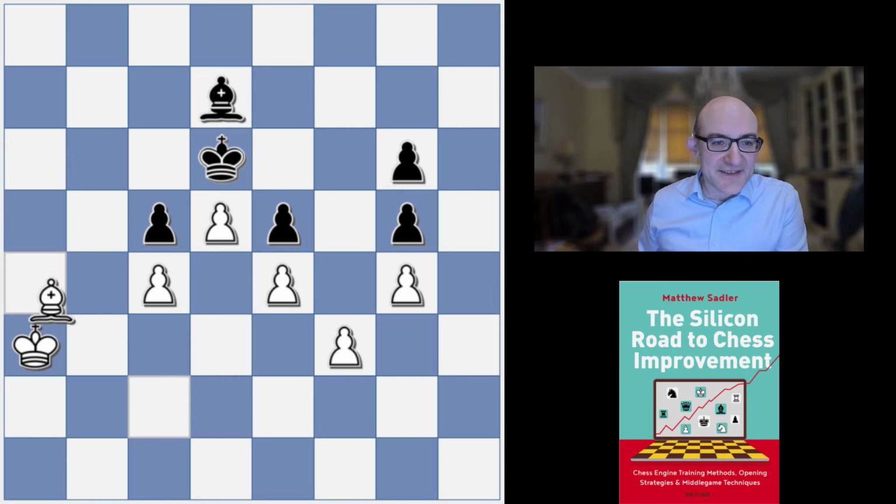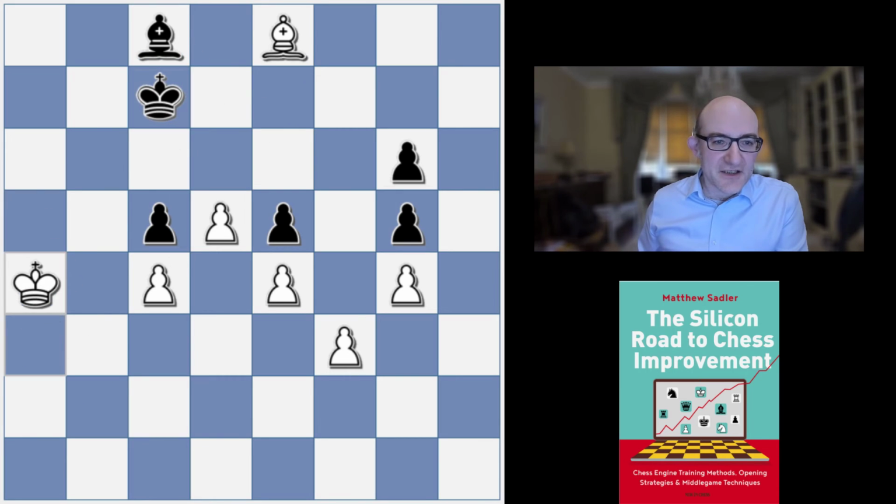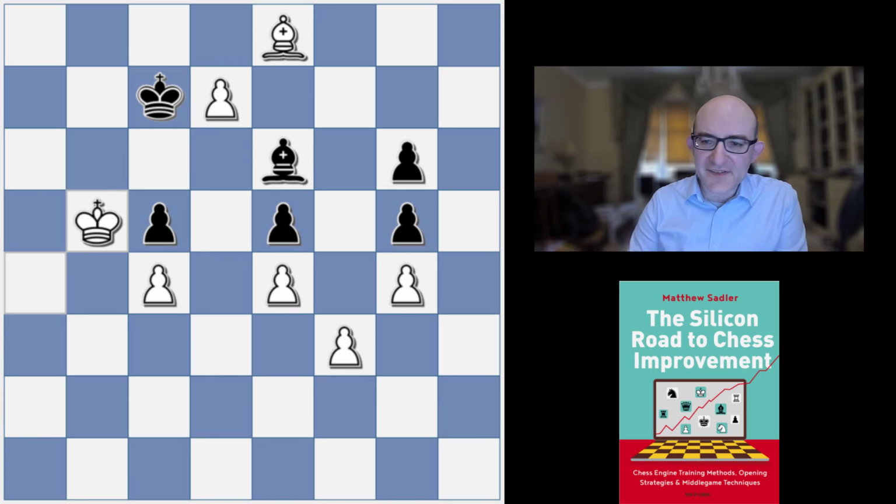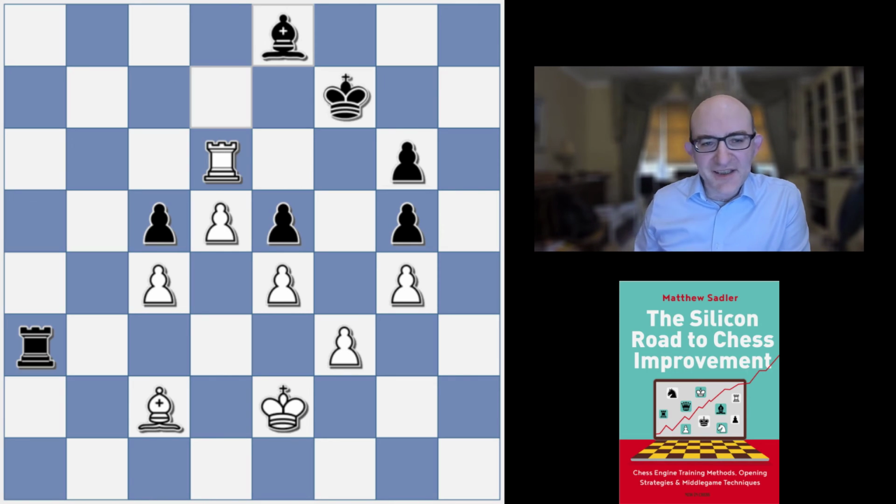And the key point is that this ending is actually completely winning here. d6, d7, king b5, and I pick up the c5 pawn, and I win. So I had this against, I think it was Leela 10 node, that I did this against. I mean, this is just actually winning. The problem is that you never manage ever to